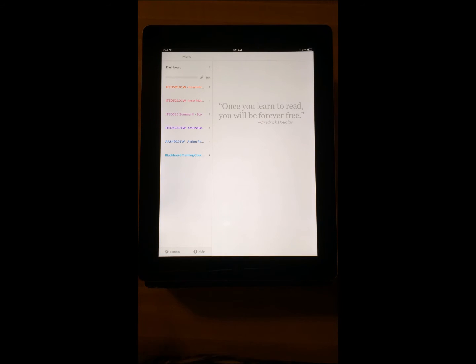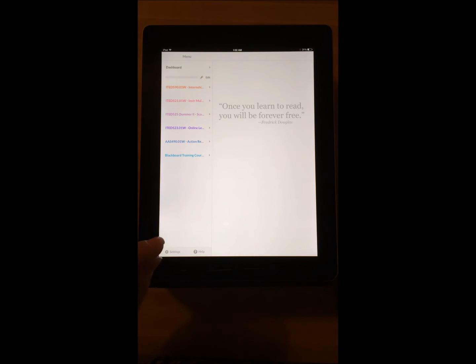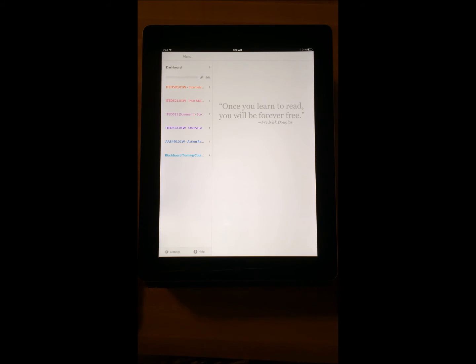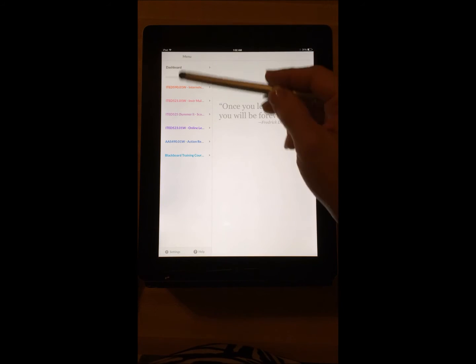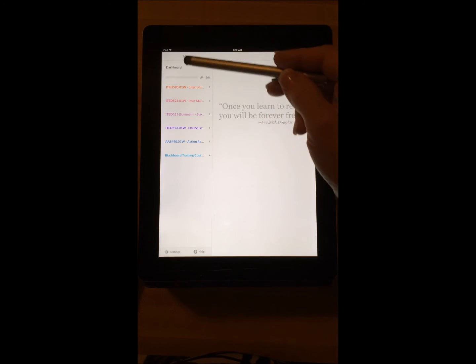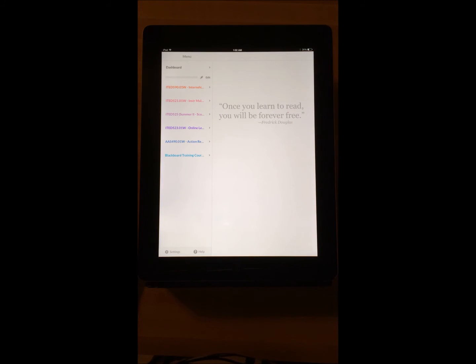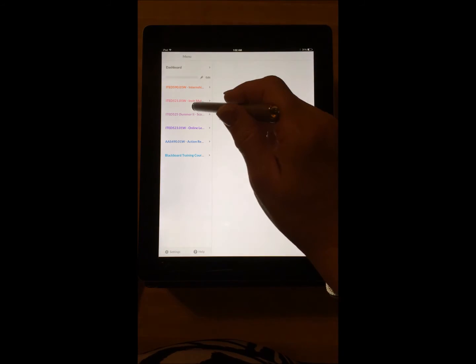Now, because I've already had Blackboard on my iPad, it goes directly to the app. This is the point where you will be given the option to select to purchase your license, either $1.99 for 1 year or $5.99 for a lifetime. Once you do that, it takes you directly to this point, and then you can see a list of classes here, and some of these classes are my actual classes, and some of them are classes that I have teaching rights. And for demonstration purposes, I'm going to open up a class that I designed,